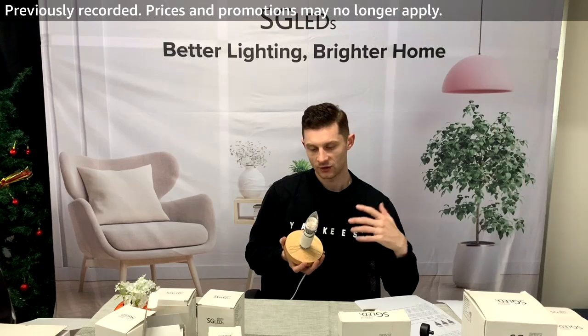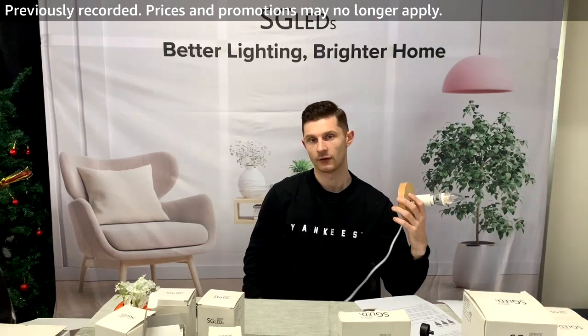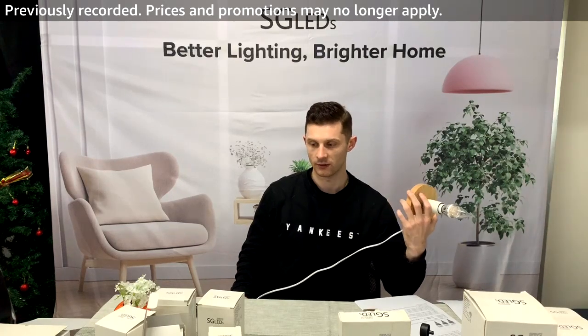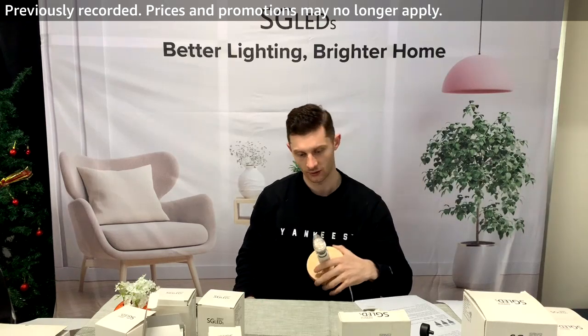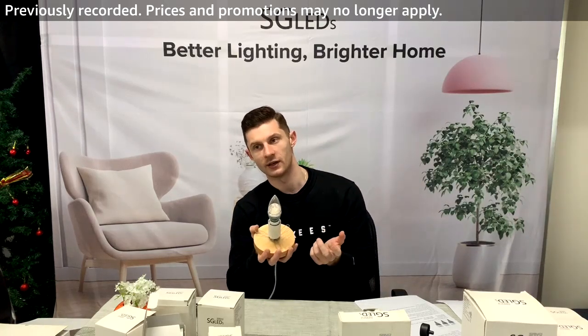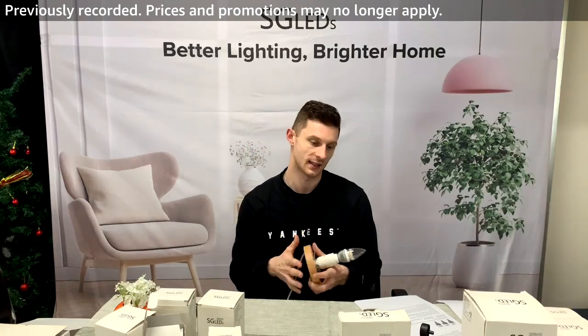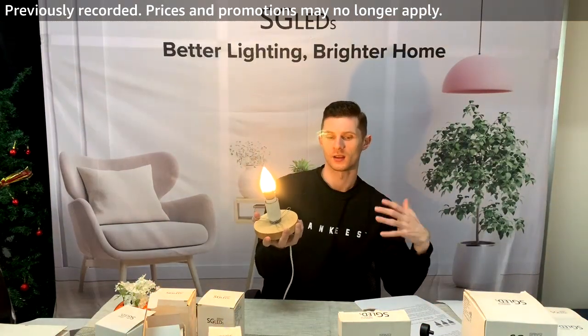If you look at them, the chips are orange, so the light would actually be coming out at an orangey color as well. LED chips are more straightforward than you think. They're not as complicated as some people make them out to be. 3000K would have an orangey LED chip, and 5000K would have a yellow, whitish LED chip. So now you get an idea of what 3000K would actually look like, as we didn't have